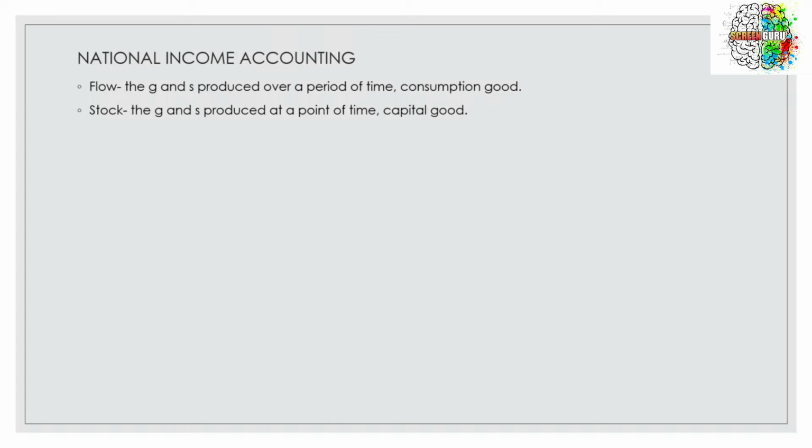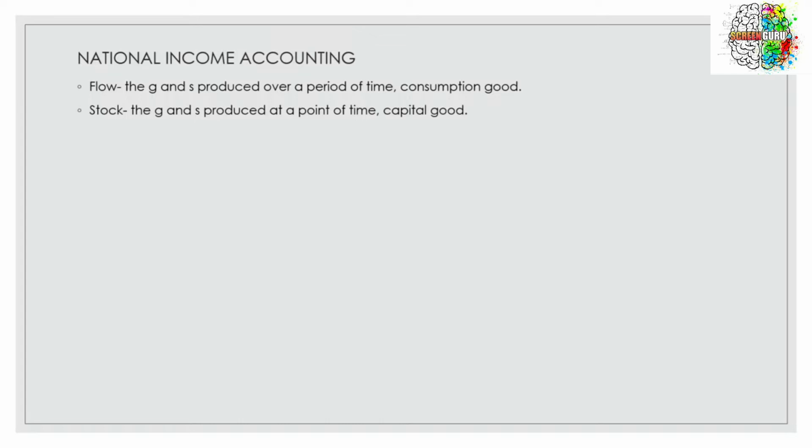So what does it mean? Say for example, you are saying the country made 1 ton of steel or the country made 2 tons of rice. What does it imply? Does it imply anything when you're not specifying the time? Actually, it doesn't. So you have to specify the time, saying the country made 1 ton of steel this year. So over a period of time, the production that happens in the country is called the flow. And stock, on the other hand, is like, take an example of a capital good. So this year 10 machines were made.